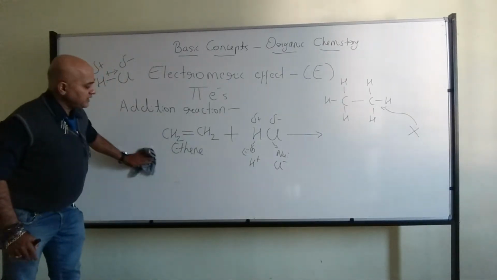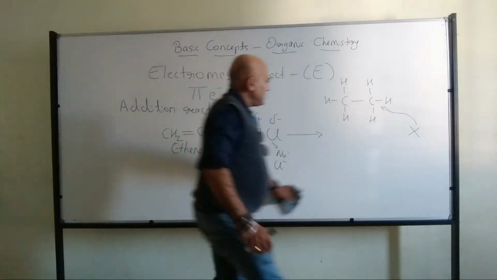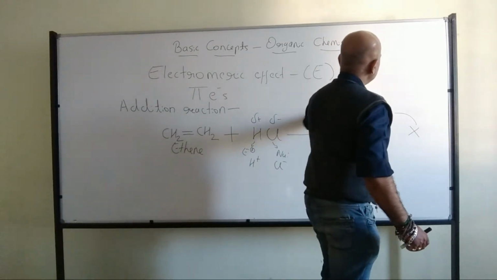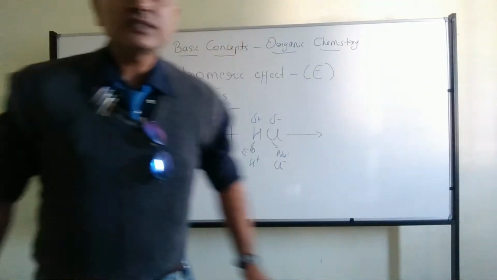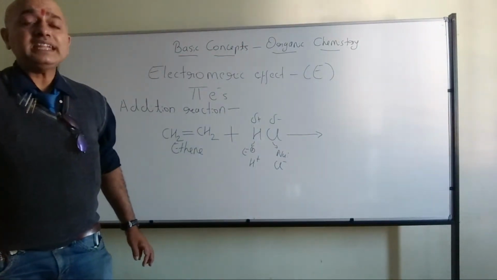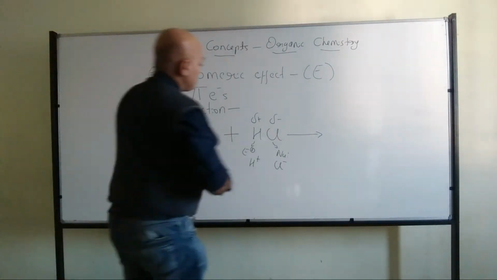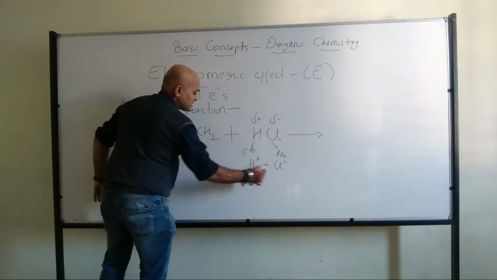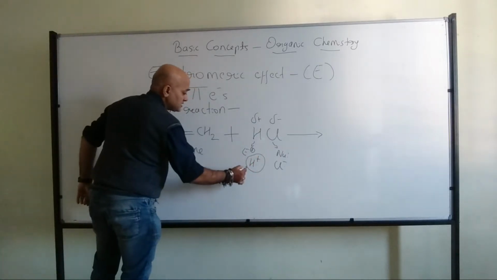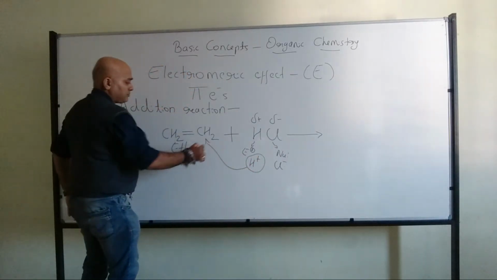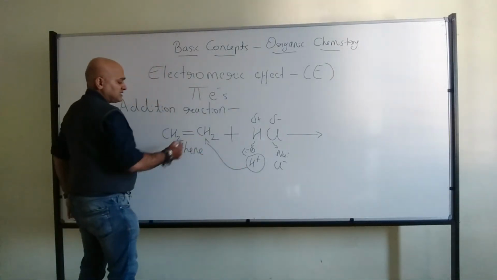I will come back to electromagnetic effect now. Now when I am talking about addition of HCl across the ethene, these reactions will come across once again in the next organic chemistry chapter, that is hydrocarbons. Okay. Now naturally, since 2 ions will be there, we will imagine this H plus is going to approach this carbon. Okay. Now when H plus is approaching this carbon,